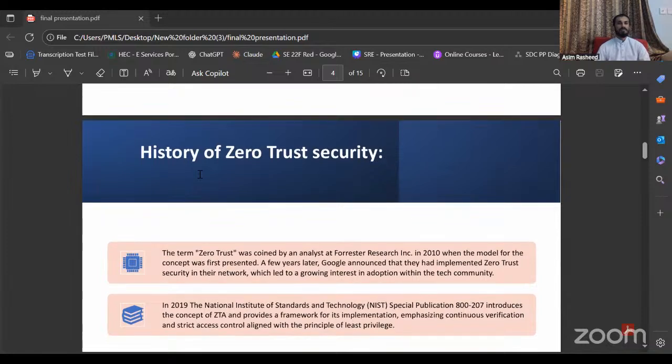Next, history of zero trust. In a moment, I'll discuss the history of zero trust. The term zero trust was first introduced by an analyst at Forrester Research Inc. in 2010 when the concept was first presented. A few years later, Google announced that they had implemented zero trust security in their network, which led to a growing interest in adoption within the tech community. In 2019, the National Institute of Standards and Technology, known as NIST, special publication 800-207 introduced the concept of ZTA and provided a framework for its implementation, emphasizing continuous verification and